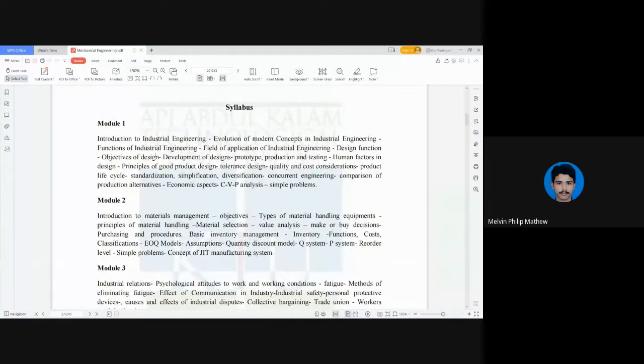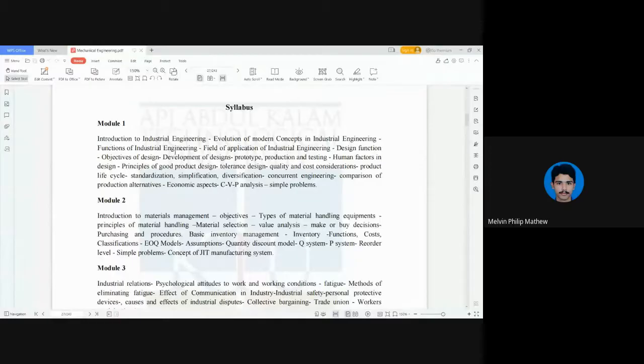Okay, this is basically the syllabus of your first module. So you can see the introduction of industrial engineering. Then we will study the evolution and the modern concepts in industrial engineering. These two topics I'll be dealing with today, and we will study the later ones, that is the functions